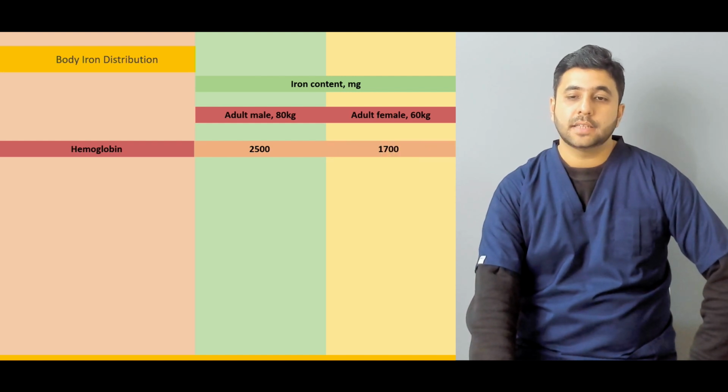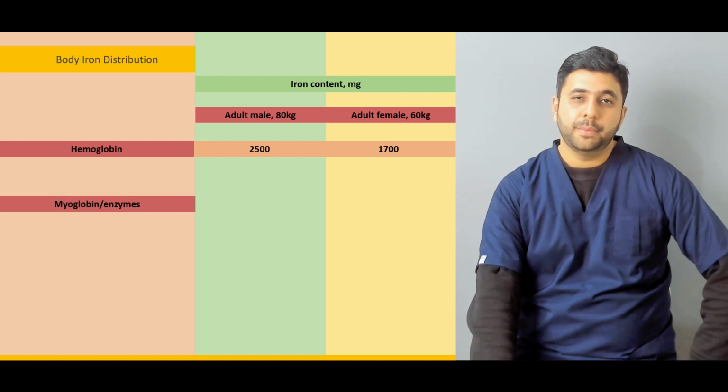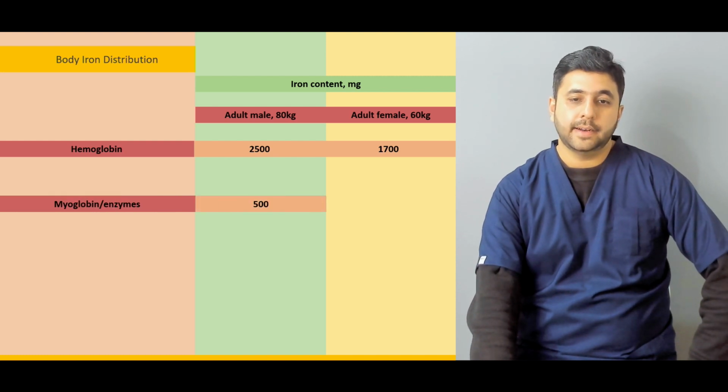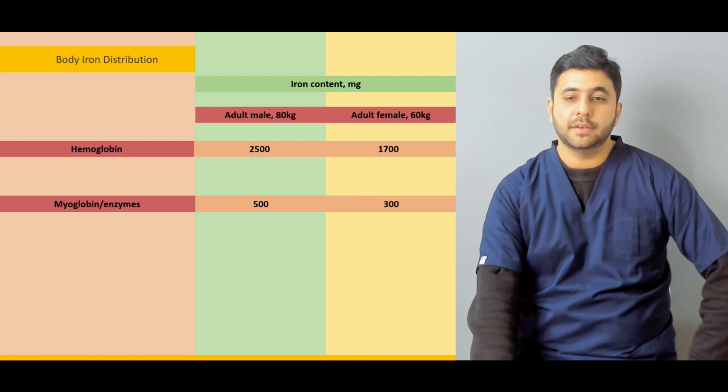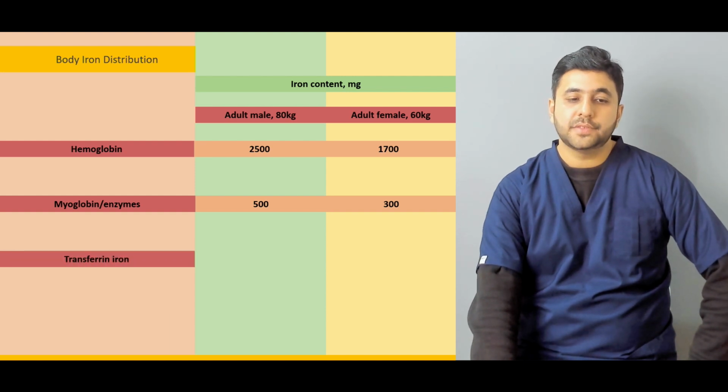2500 as compared to an adult female, which is about 1700 milligrams. In the myoglobin or the other enzymes, in an adult male, the iron content is about 500 milligrams, and in an adult female, it is about 300 milligrams. All of these indices basically indicate that an adult male generally has a higher iron content as compared to an adult female. The transferrin iron or the iron saturation is the same for both adult male and female,